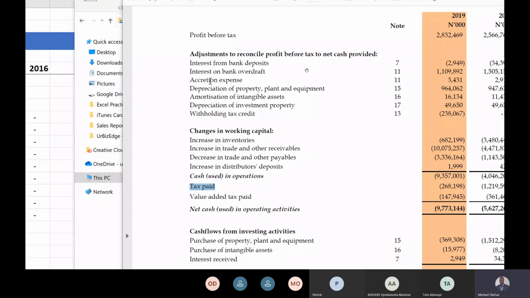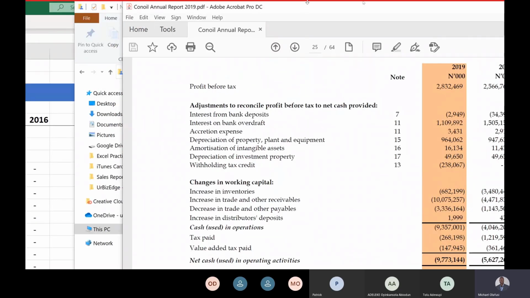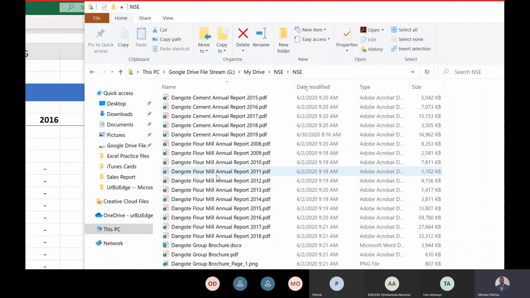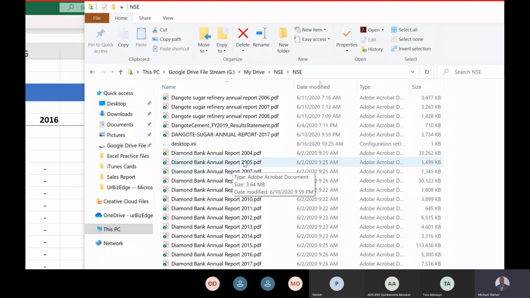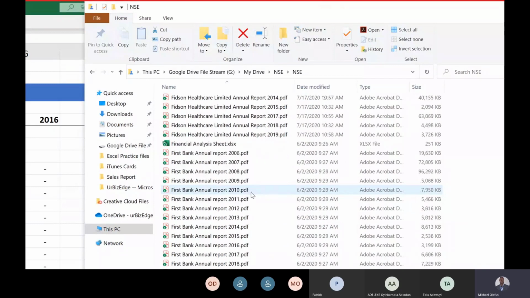This is not letting it come out the way I want because they started from profit before tax. If they started from profit after tax like us, you will see two things here rather than just the paid version. You will see the tax expense, not just tax paid. So let me just open another company, one that